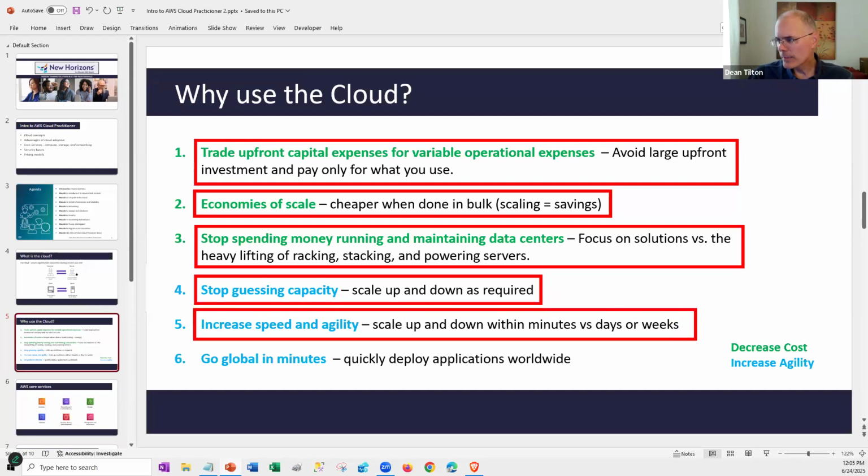Increasing speed and agility. Historically, to provision a server, well, we've got to get approval for that purchase order, place the order. When it arrives, maybe several days later, we might have to configure it, partition the drives, format the drives, install the operating system, configure the operating system, install and configure the applications, configure it for the network. I mean, there's a lot of steps that go into that. But in the cloud, we can spin up a virtual machine, what they call EC2 instances, in literally just a matter of minutes,